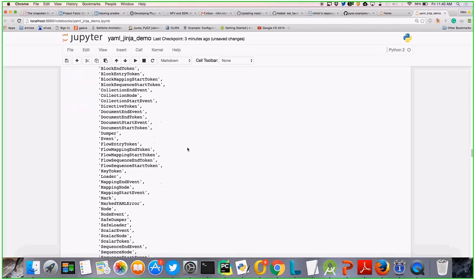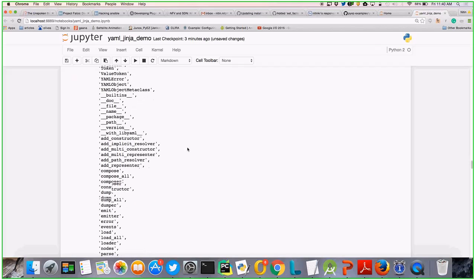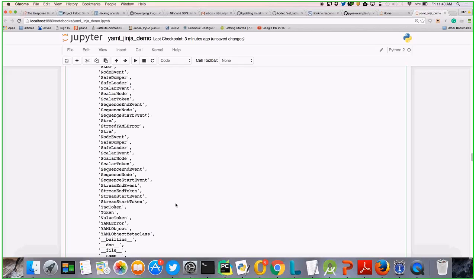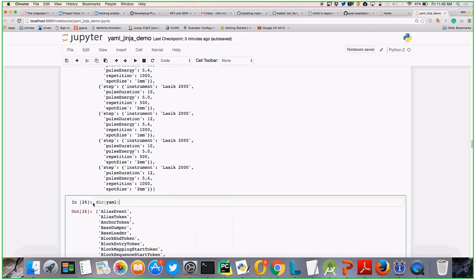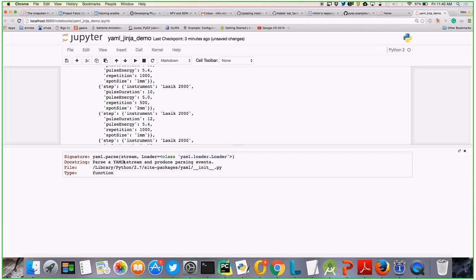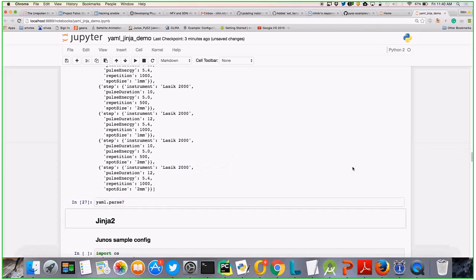If you have parse, we have a path, so you can just provide the file path. It will read that. No need to open that file and do that. Yeah, so it will take care of that.